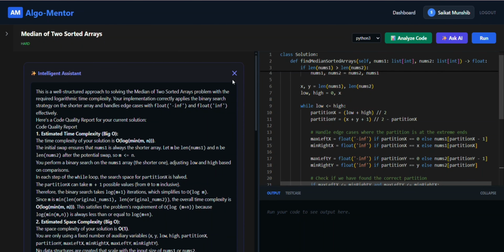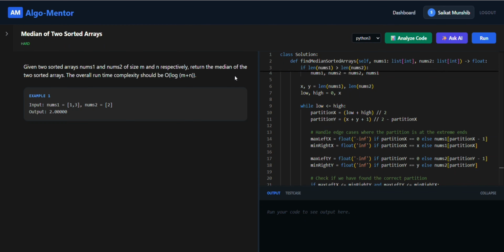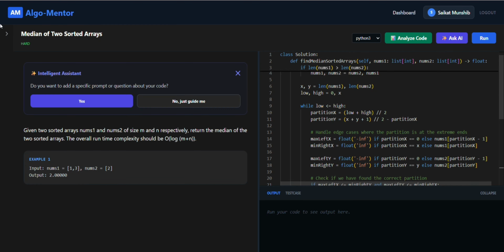Now if I cross this, if I cut this, and I want to explain this part, the Ask AI, this is another AI model. This is basically help for the personalized recommendation system. So now I want to explain this part, the Ask AI. If I click on this Ask AI, it will ask a question: do you want to add a